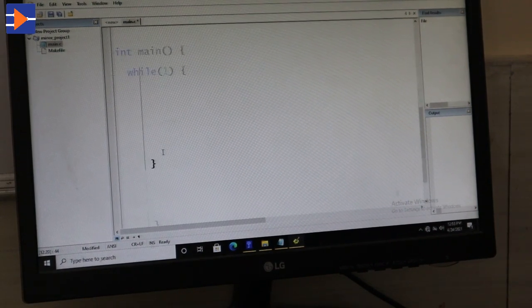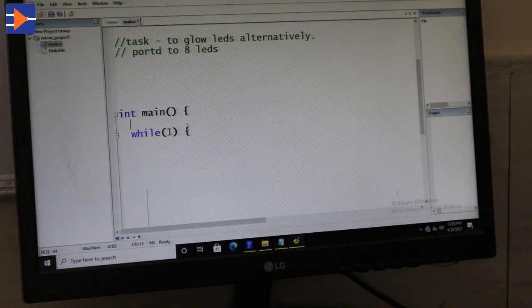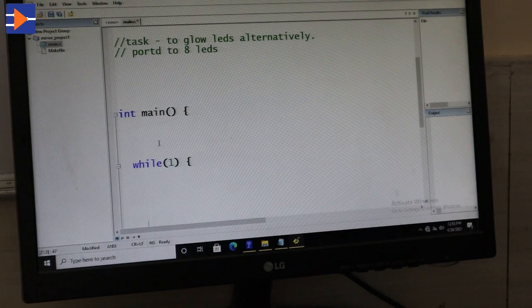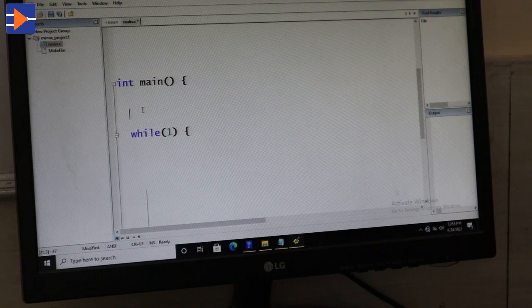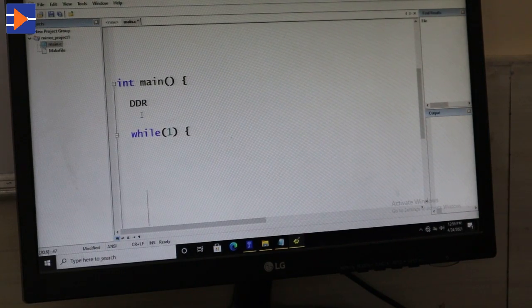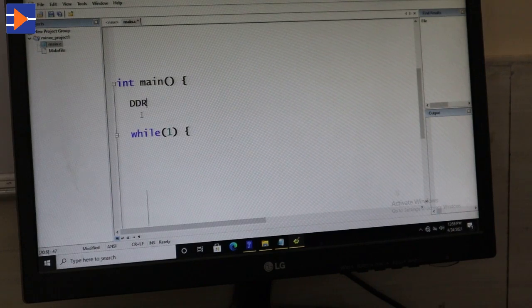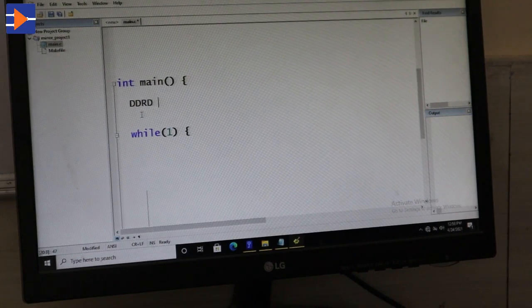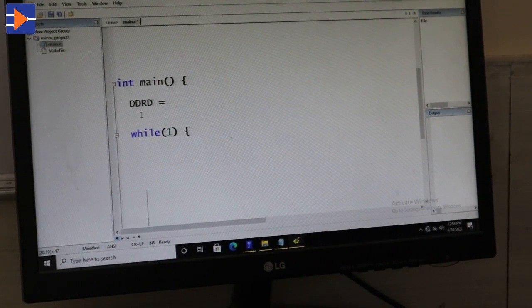So this is a while loop that goes on continuously. Before the while loop, I have to initialize our input output ports. Port D I am using as an output port, so we will set it as output. For that we have to use the register called DDRD, that is data direction register, and as I am using port D, I am writing here D. If it is port B, I will write DDRB. DDRD is equal to 0xFF